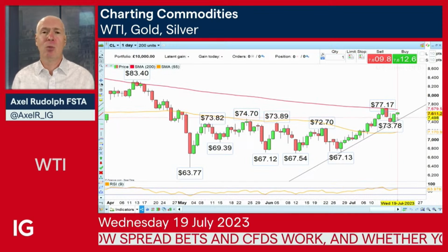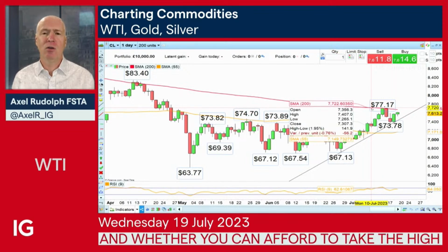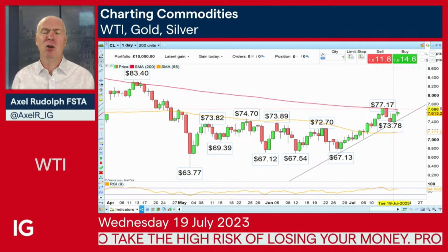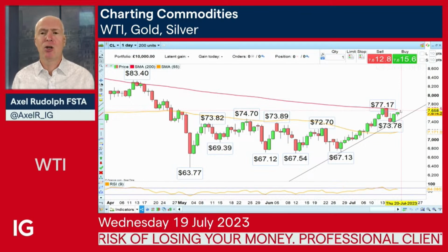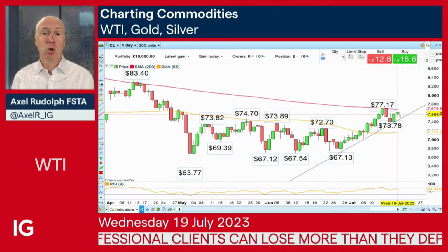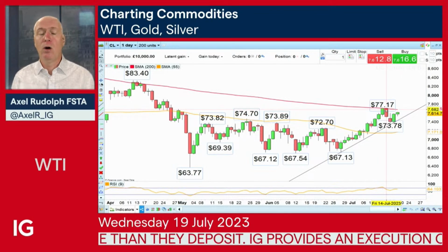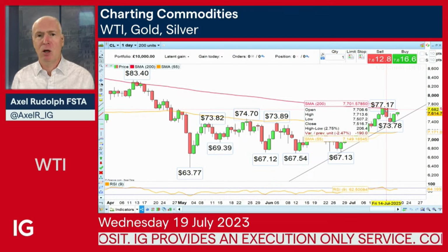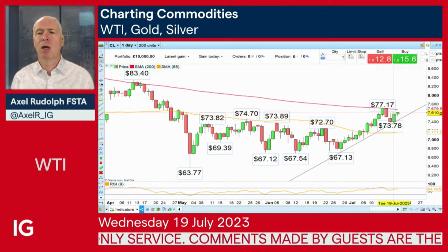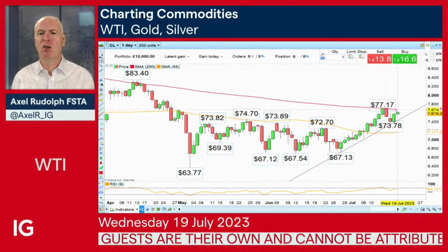And also over the last couple of days, China promised that it would address its weak growth and perhaps try to stimulate its economy with several different packages over the coming weeks and months. That has also led to the world's largest importer, China, probably wanting more oil, and because of that increased future demand, the price of oil is also rising and heading back up again towards the red line here, the 200-day simple moving average at